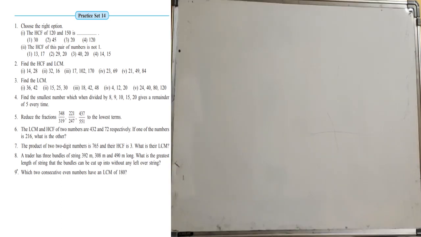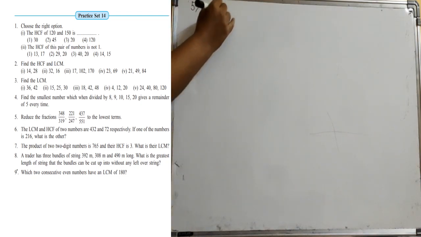Now let us look at question number 5. Question number 5 says, reduce the given fractions to their lowest terms. So they have given some fractions to us. We are supposed to reduce them to the lowest terms. I'm solving the first sum for you. The first sum is